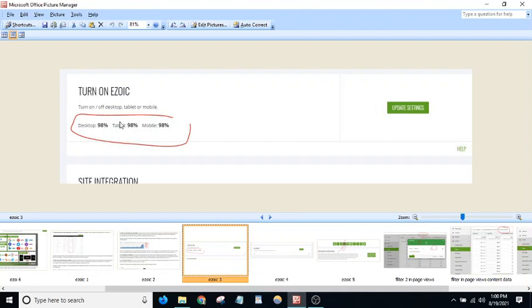Okay, so 1 or 2%, because it will allow them to fight for the placeholders or places where they can show the ads. Somewhere my Google AdSense ads might beat the Ezoic ads, and somewhere Ezoic will win all the ad slots.